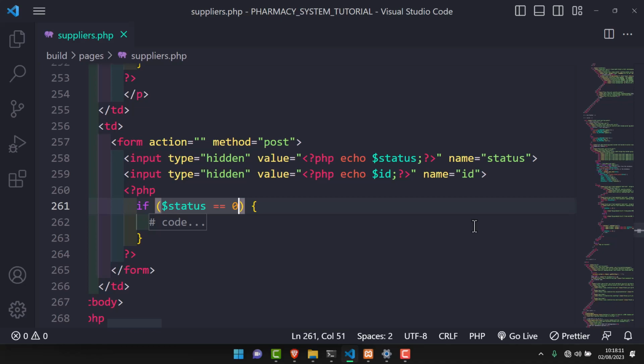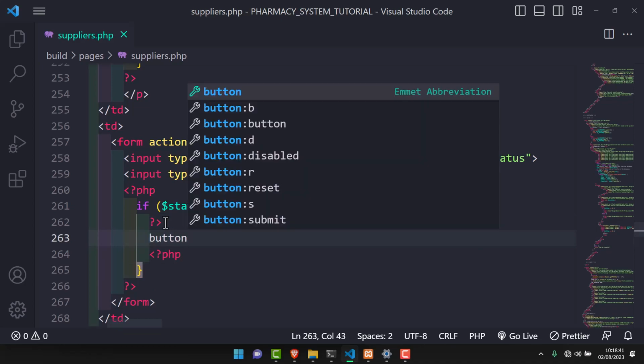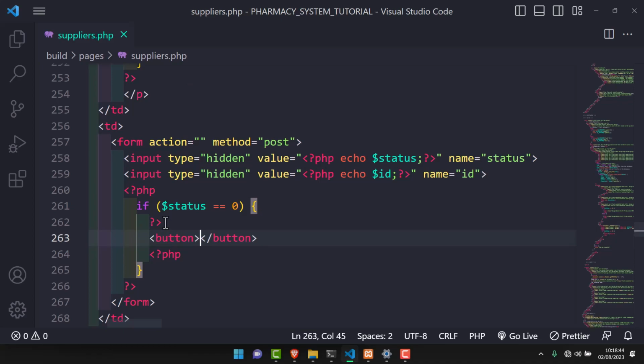So we're going to have status is equals 0, and here now the code will be the button that we need. And because we are within PHP and we want to write some HTML code, we need again to close the PHP tag and open it again like that. And now within these two, we can comfortably have our HTML, and this one